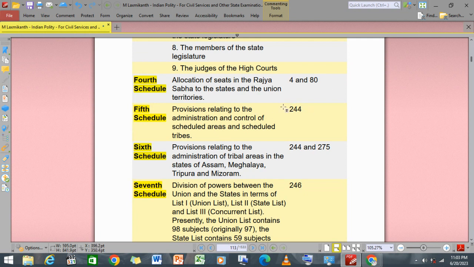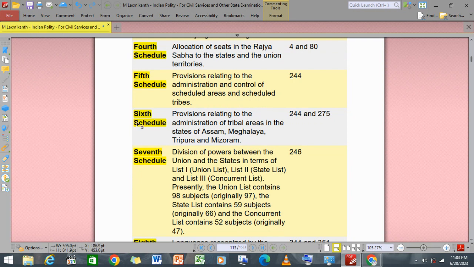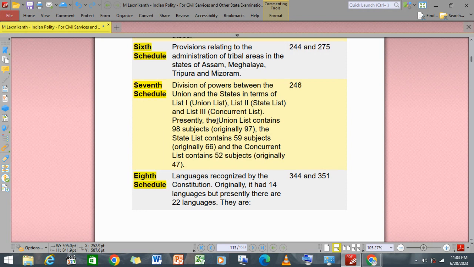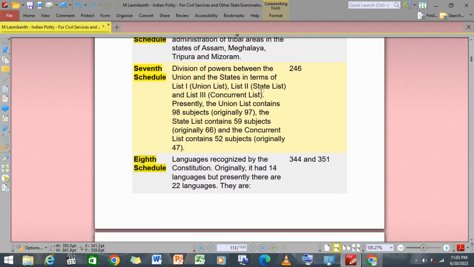Fifth schedule is about Article 244, provision related to the administration and control of scheduled areas and scheduled tribes. Sixth schedule was provision related to the administration of tribal areas in the states of Assam, Meghalaya, Tripura, and Mizoram. Article 244 and 275. Then we have the seventh schedule, division of power between the union and state in terms of list 1, that is the union list, list 2, that is the state list, list 3 is the